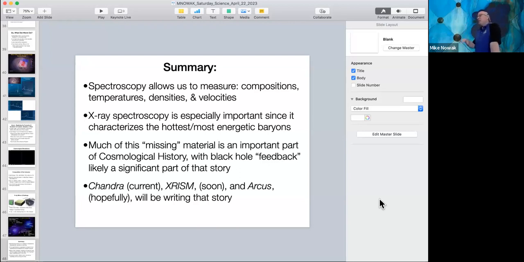This is actually essentially our third attempt at doing Arcus. We had a $300 million version of Arcus a few years back, where we made it to what's called Phase A, where there was 2 of us, and we spent a year putting together a dog and pony show for NASA.